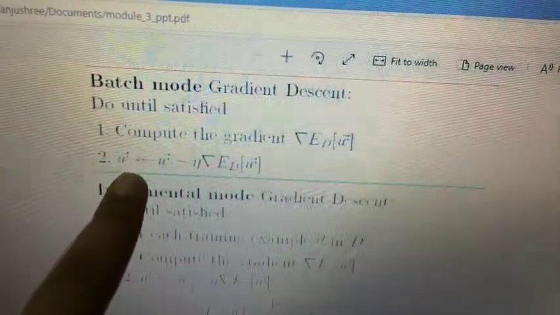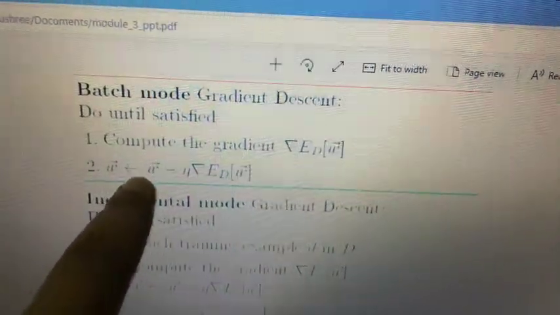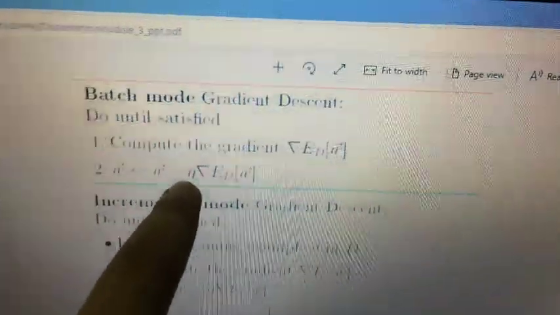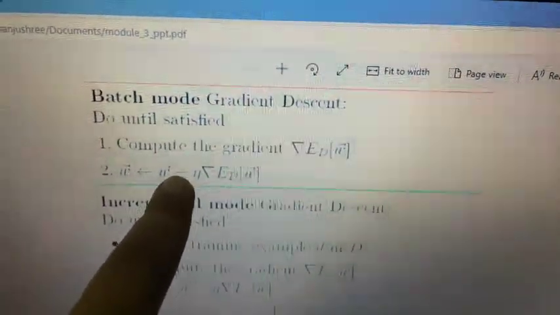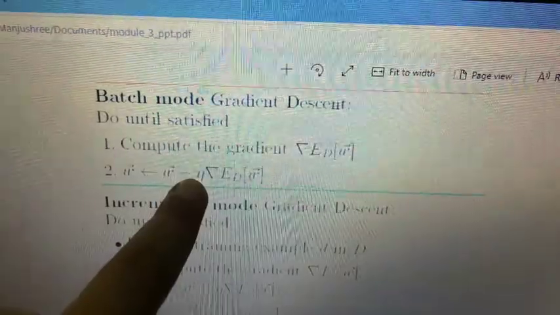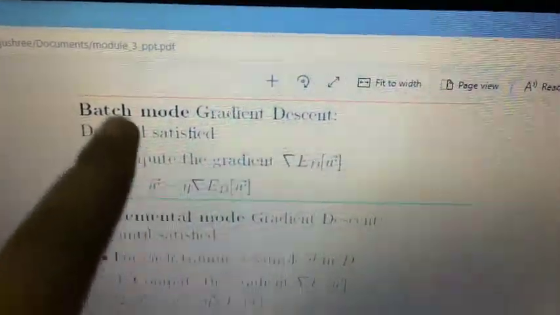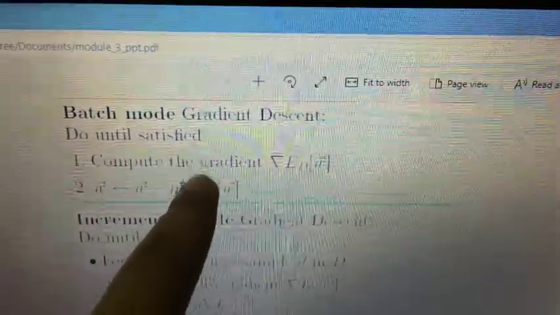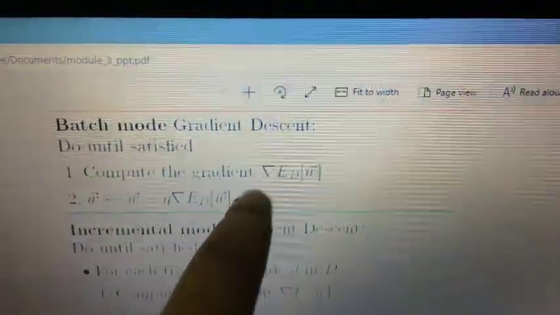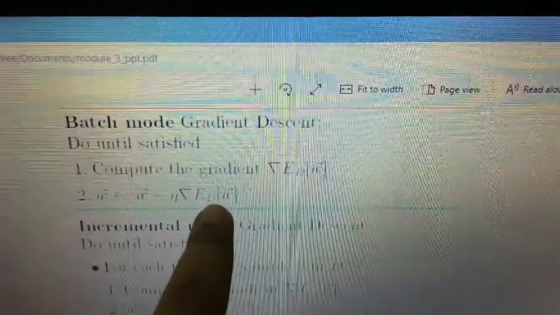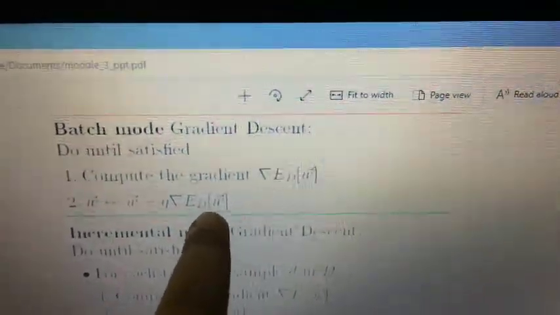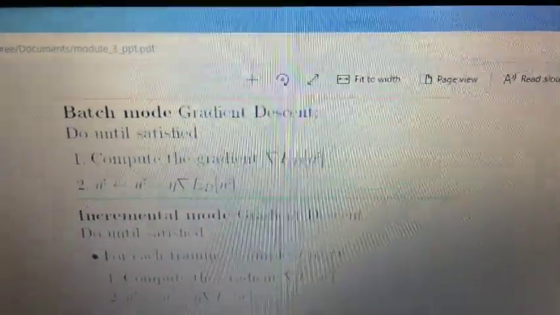Then W vector equals W vector minus eta times delta ED of W vector. The minus sign indicates backpropagation, correcting the weight. Capital D indicates that you are applying gradient descent for all the training examples.